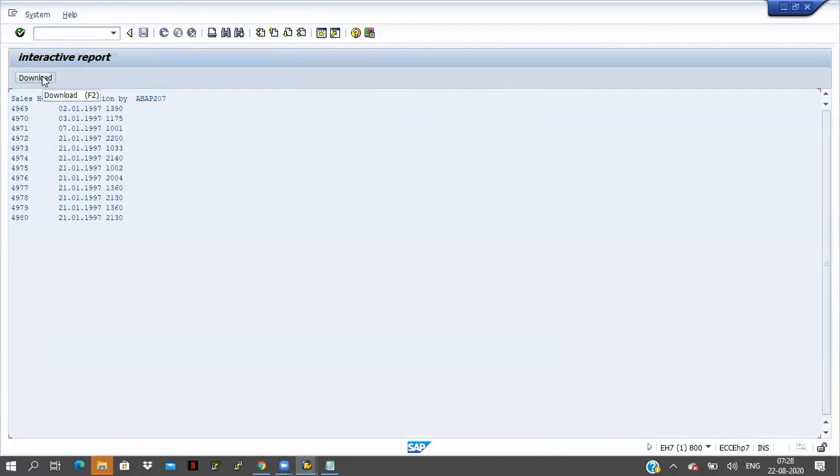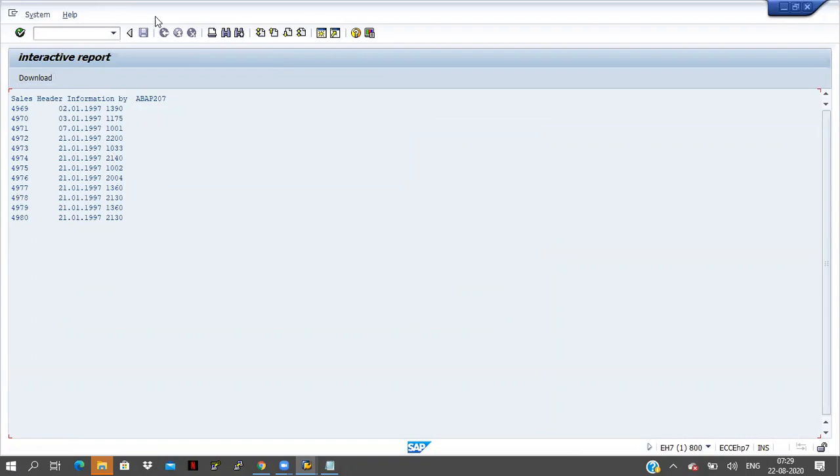So here the download button is coming. Now if I click on the download button, I want to download this data. But I did not add any functionality here. I have just added one button, that is download. So if I click on that button, then I have to download the data, but I did not write any logic for that right now.